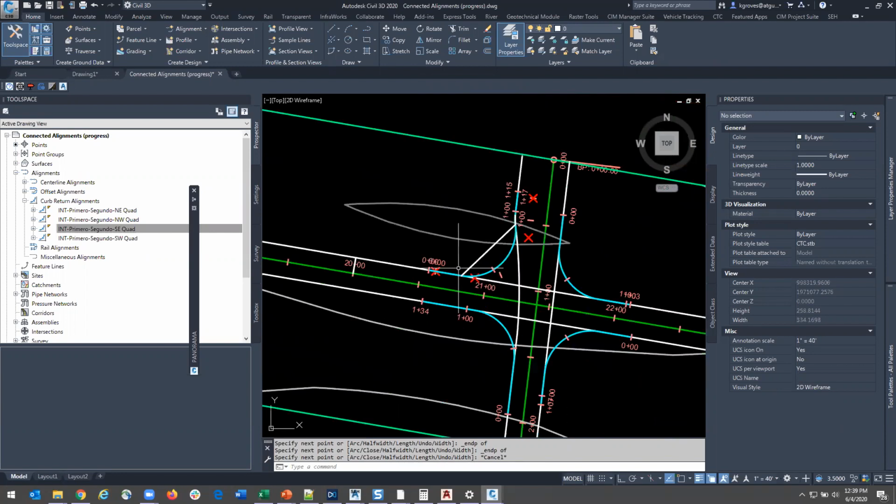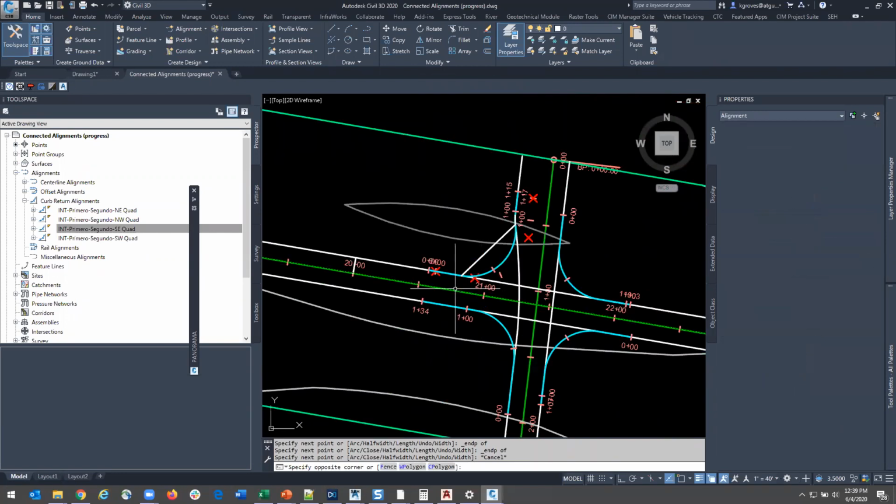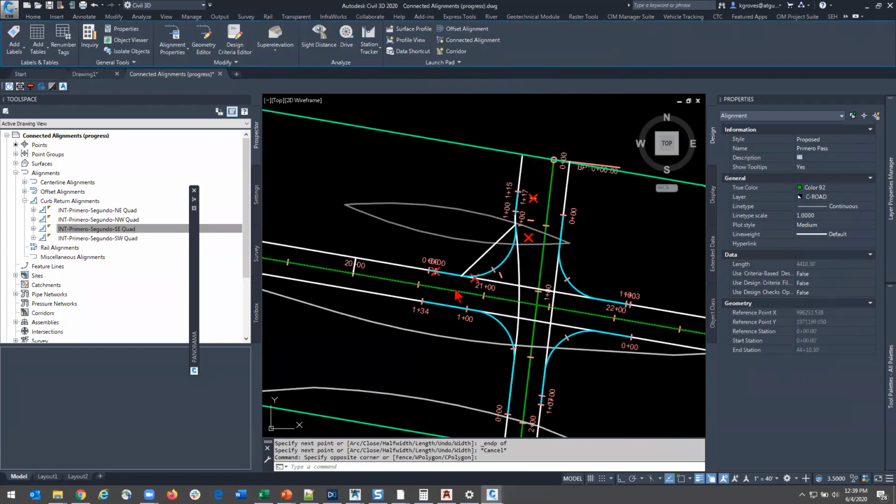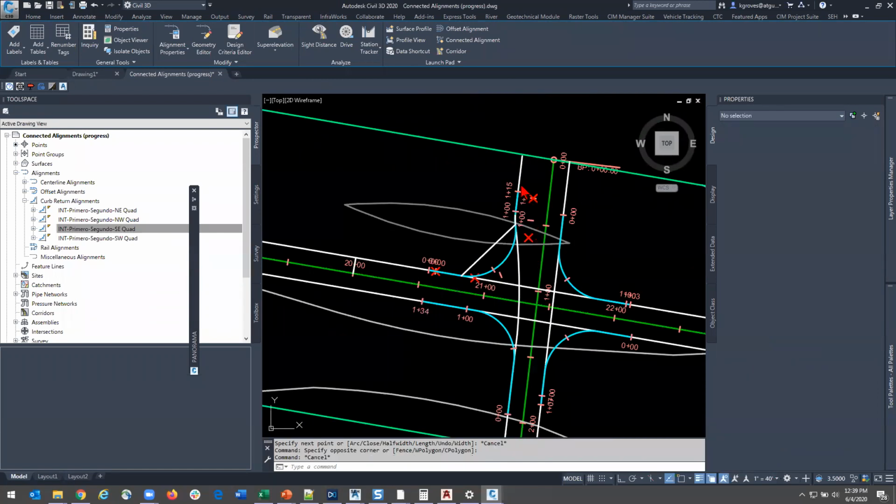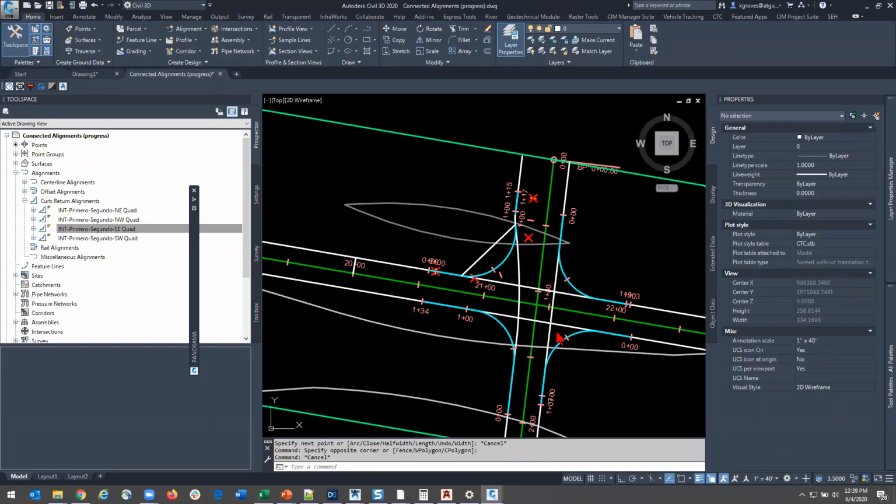So the point with all of this is we spend a lot of time and effort getting our primary parent data correct. And then from there, we just set up some connections and let them do that automatic work for us. No more stack of Post-it notes with random values on the side of your desk because you had to write something down and then go back and modify that data later. No more having to recreate COGO points and reproject them and remodify your profile every time your parent or your